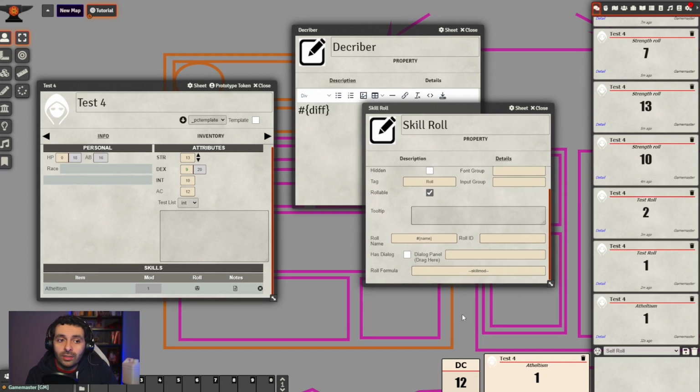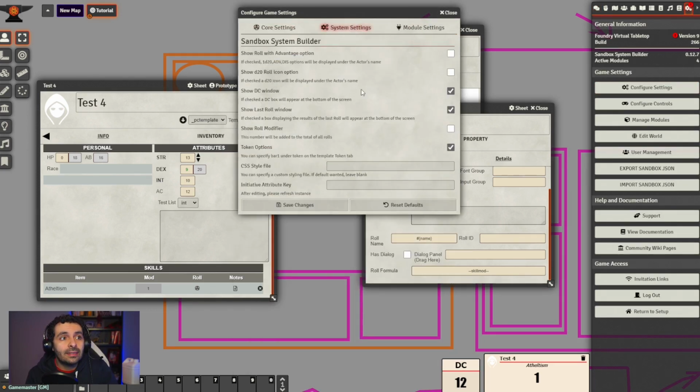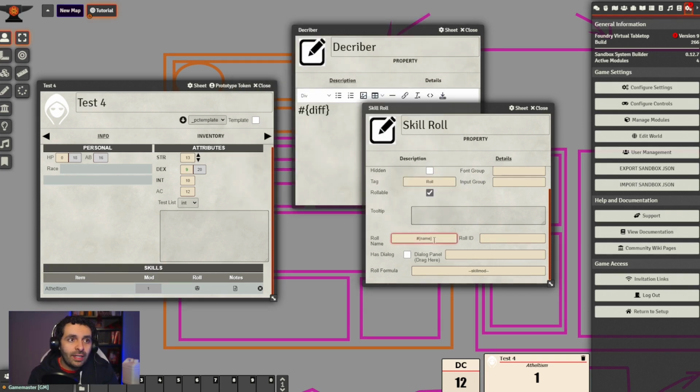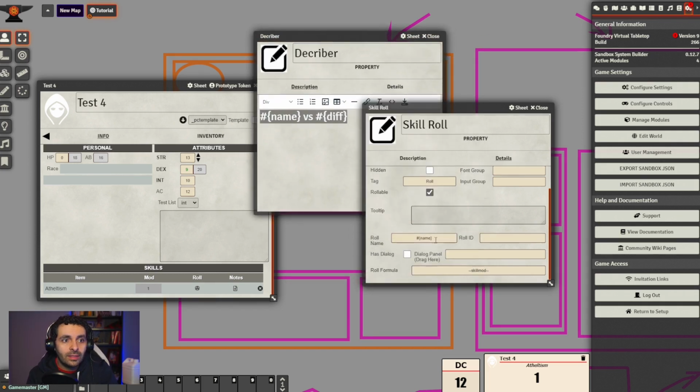So diff returns the difficulty value in the DC box if that box is enabled from the system settings, the show DC window checkbox. So if as a role name we introduce name versus difficulty, and we click on role, boom, we look at this, athleticism versus 12.